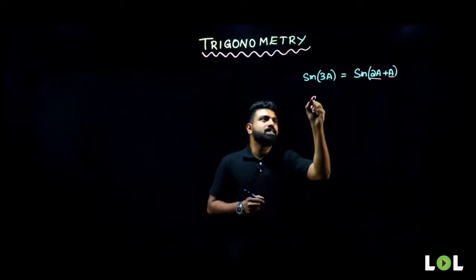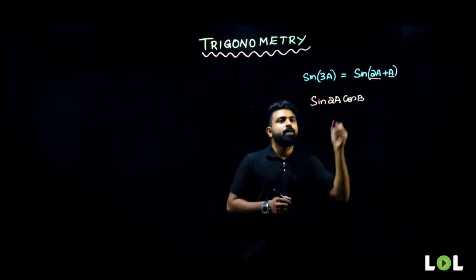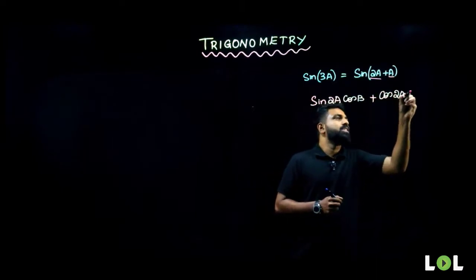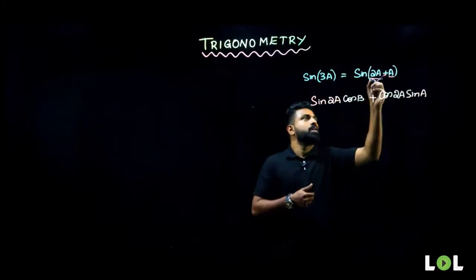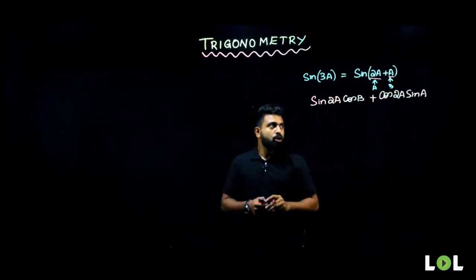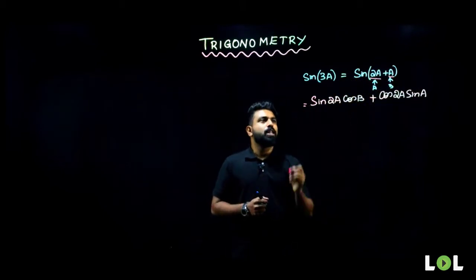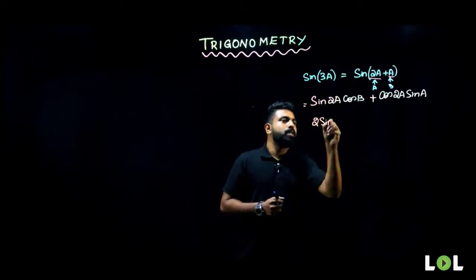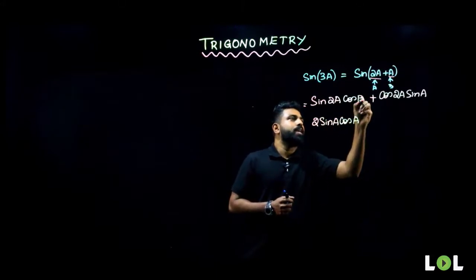It is nothing but sin a cos b plus cos a into sin b. Instead of a, we have 2a here, and instead of b, we have a. So I've replaced b by a here and a by 2a here. So if I solve this, how can I write my sin 2a as? I can also write sin 2a as 2 into sin a cos a into, this is nothing but a here, into cos a,